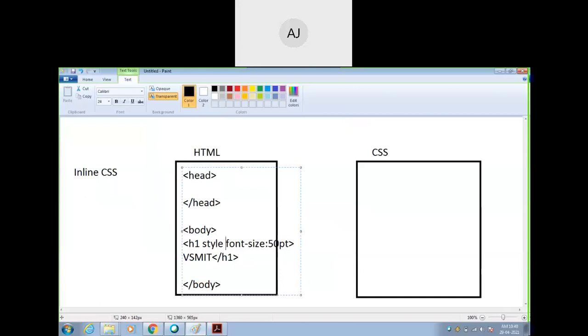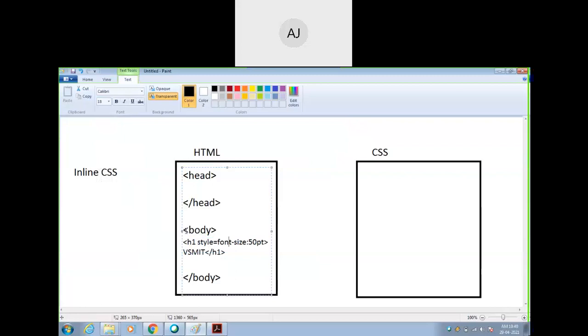Style equal to, then font size, then 50 points. I will make it a bit short. Otherwise I will give a small container of 18 points. Is it fine, guys? So this is inline CSS.